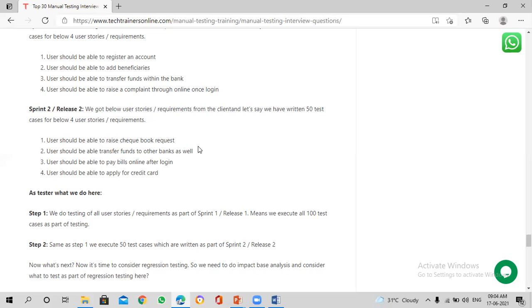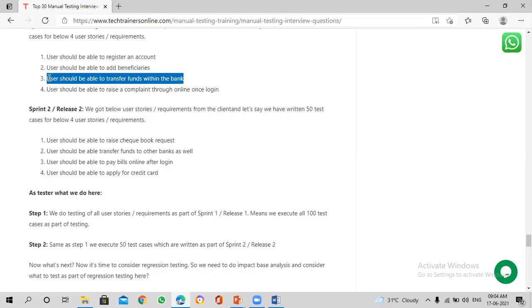Now, what is the second user story talking about in Sprint 2? Okay, it should be transferred to other banks as well. So there is an impact here. You tested within the bank and it is working fine, so the developer is modifying that code. It is related to functionality that was already tested in Sprint 1. So you need to test this user story again.